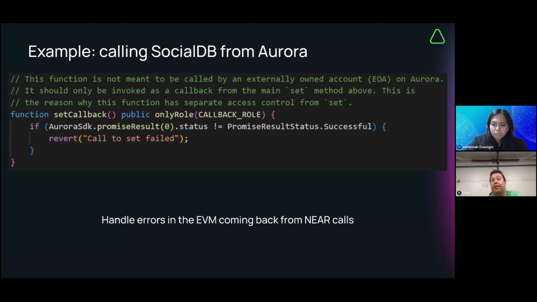So then you have to set your callback function, right? You need to expect the response in the callback. Using the same SDK, you just get the promised result, and if you had a success, from here you will get whatever information you want to get from the result. In this case, they're only notifying that if it fails, it tells you the call failed, right? Not necessarily will you respond with something. Probably it's a good practice to always respond in the success case, but you don't have to, right?